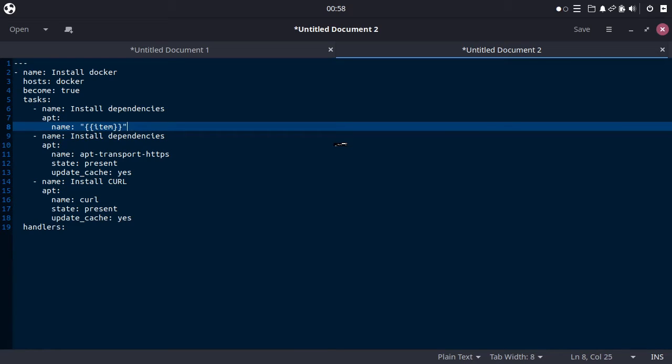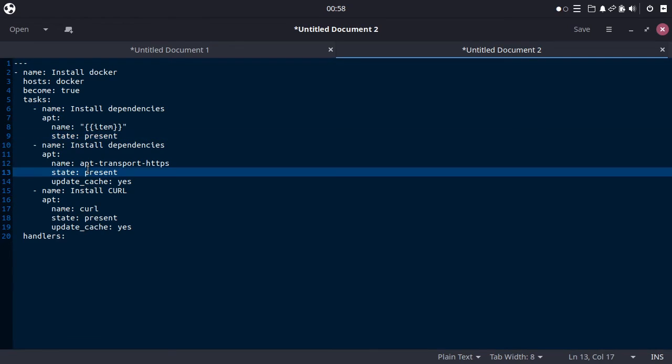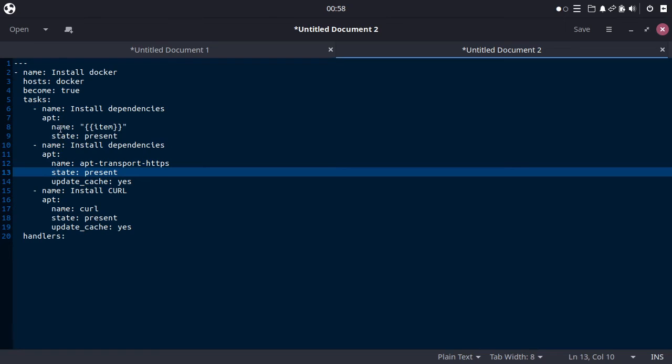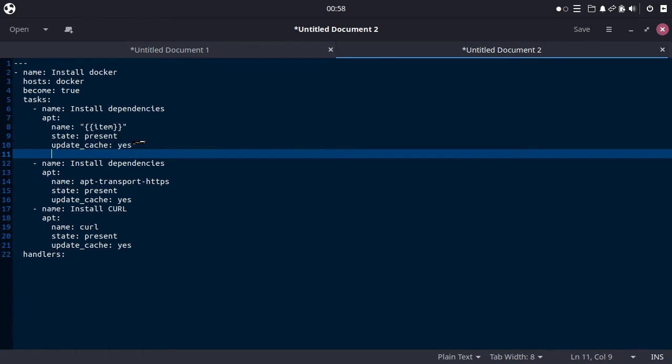Okay. Now state: present. So this is basically the same. This one is the same: apt, name, right? And then after that state, after that update cache. Yes. Now the difference is we need to specify which application names we are going to loop.